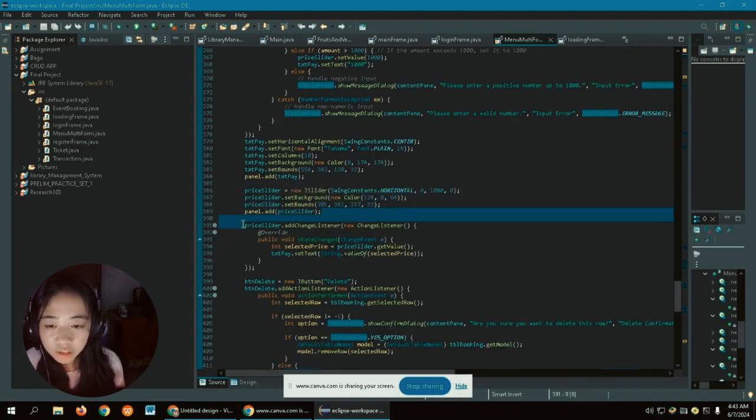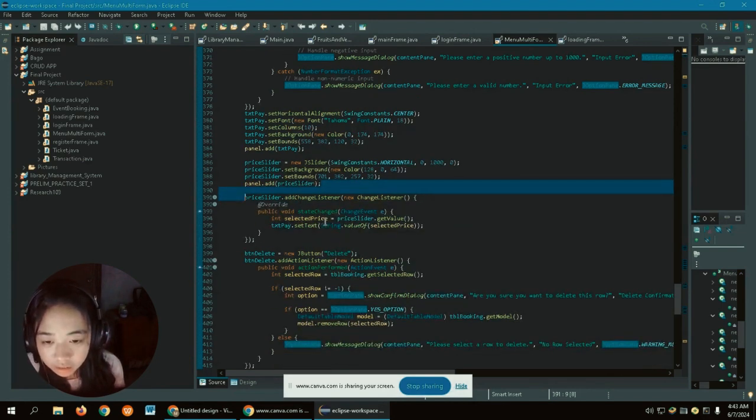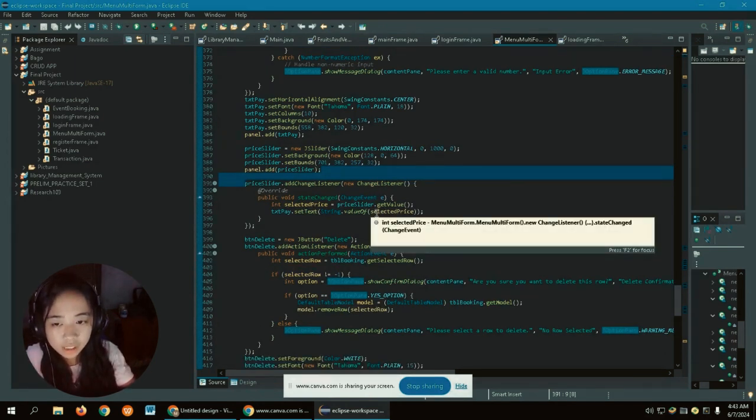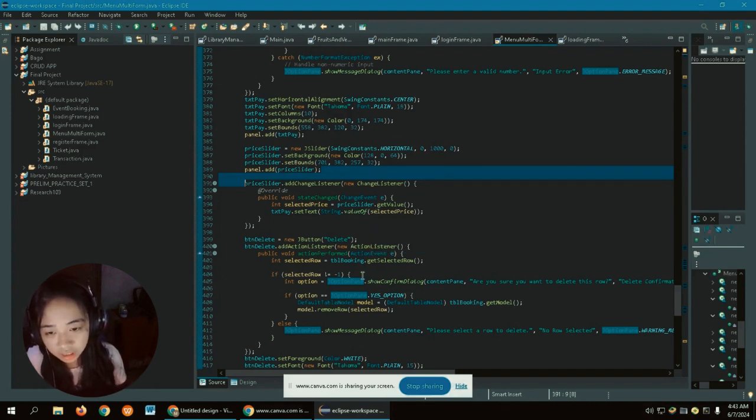So this will add a change listener. It will get the value of the selected price, and then set the text of the label beside it so they will be connected. The label will be the indicator of what number the price slider is indicating.